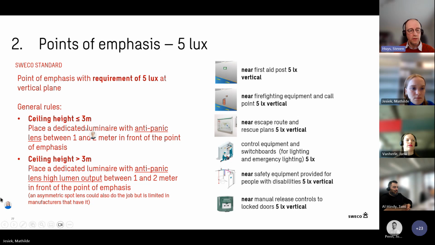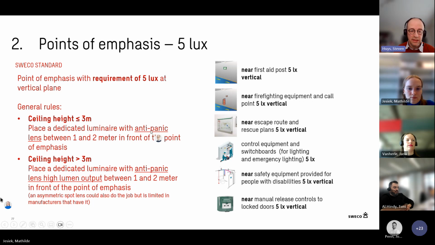Then we think, as a SWICO standard, and Mathilde also calculated it in various positions, that if the ceiling height is less than 3 meters, then it's okay to place a dedicated luminaire with an anti-panic lens within 1 and 2 meters in front of the points of emphasis. If the ceiling height is higher than 3 meters, then it's not enough to have a